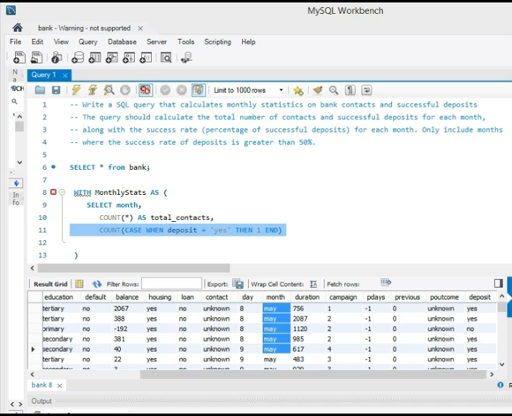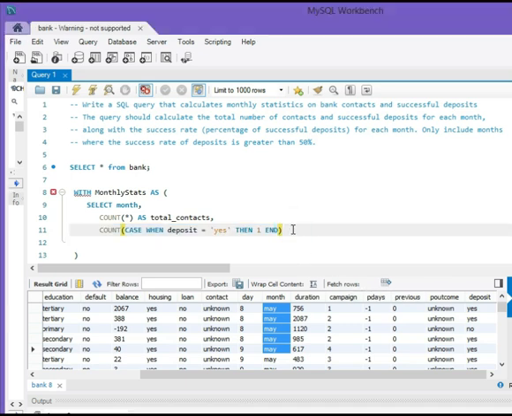If it does, it returns 1. Otherwise, it returns null. And the count function then counts how many times the condition is true, giving us the total number of successful deposits. And we will name this count